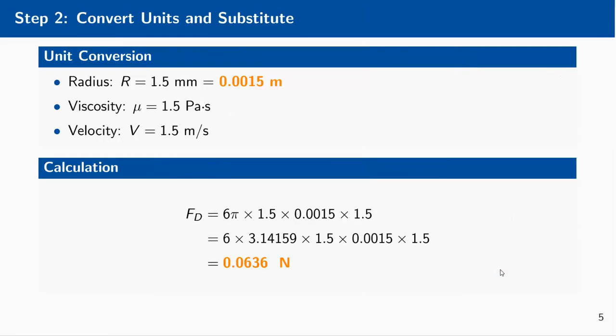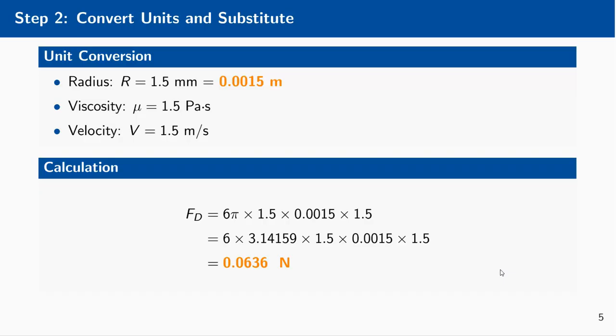Now let's substitute our values into the equation. First we need to convert units properly. The radius equals 1.5 millimeters, which converts to 0.0015 meters. Our viscosity mu is already in the correct units at 1.5 Pascal seconds, and our velocity V is 1.5 meters per second. Now putting all these values into Stokes equation,